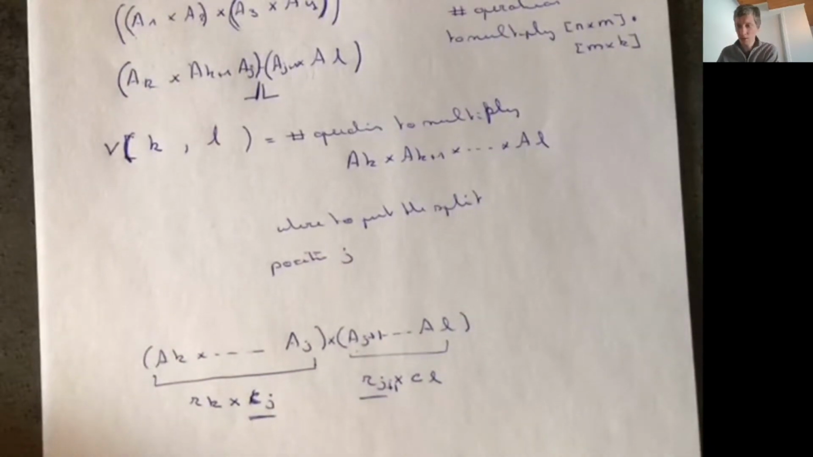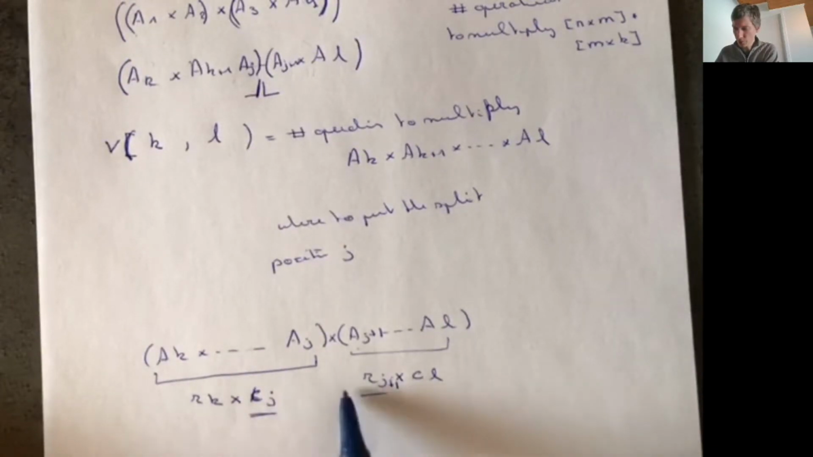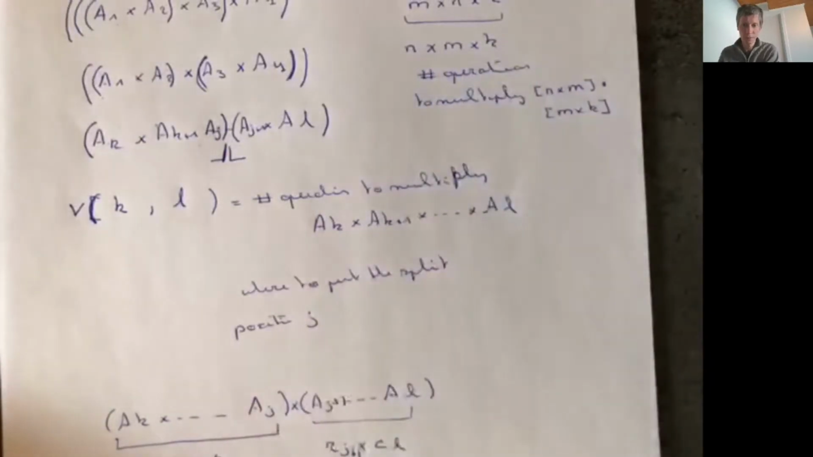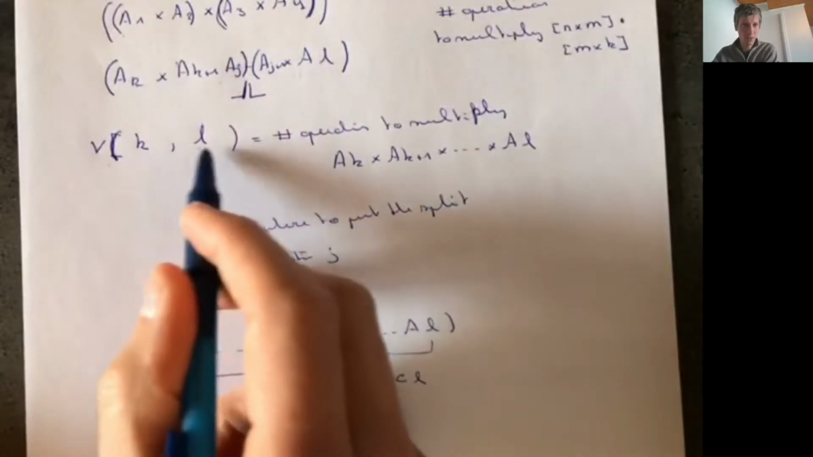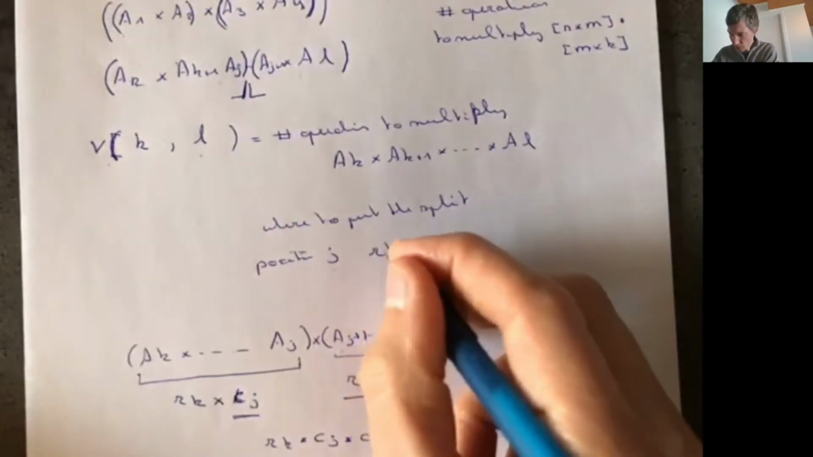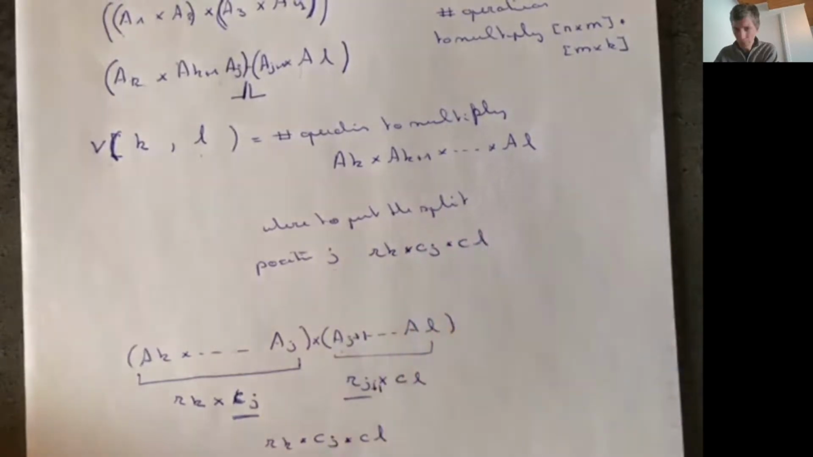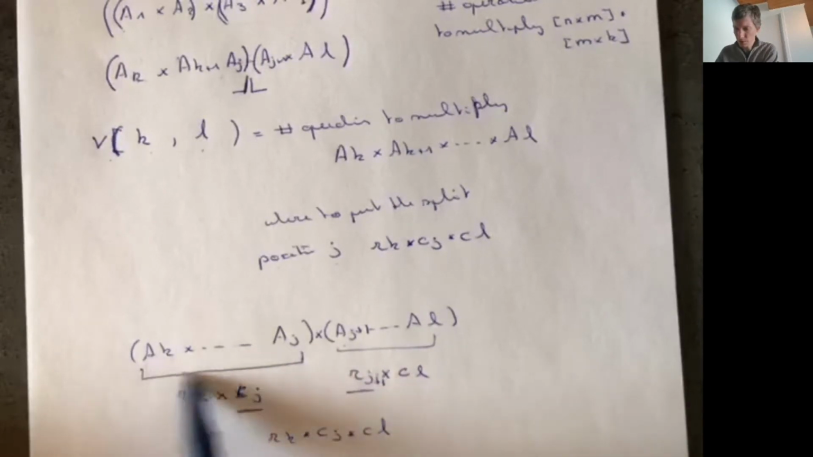Okay, so this is basically the subproblem that we have. How much does it cost to multiply these 2 matrices together? Well, it's R_K times columns of J times columns of L, right? This is this formula here. So if you put it at position J, then the cost of multiplying K and L together will be R_K times C_J times C_L. And then of course, in addition, we first have to make this product,